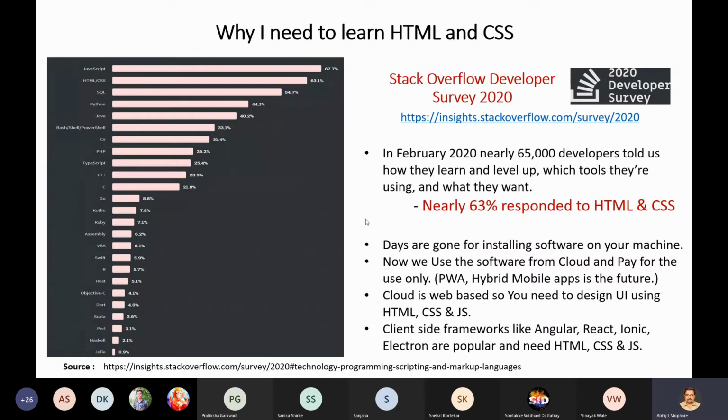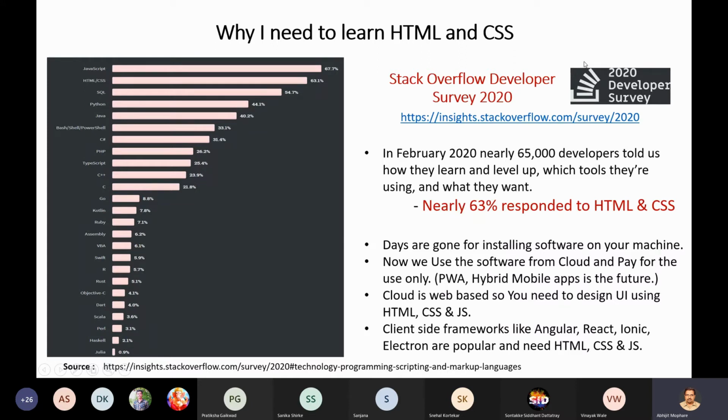See, there is a survey I have kept over here. There is an organization called Stack Overflow, which is the most used help reference site by programmers all over the world. If you post any question, or if you want information about any doubts in your mind, then programmers normally go to this website called Stack Overflow.